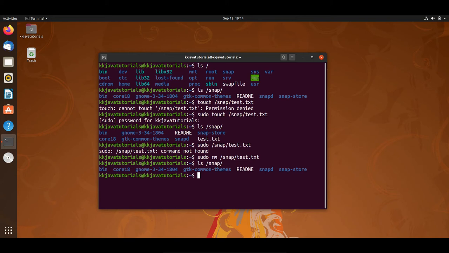Here I'm going to show you some more things. You can see this dollar sign represents that I have logged in as a general user, right? I do not have any special privilege, and that's the reason I prefixed the command with sudo.